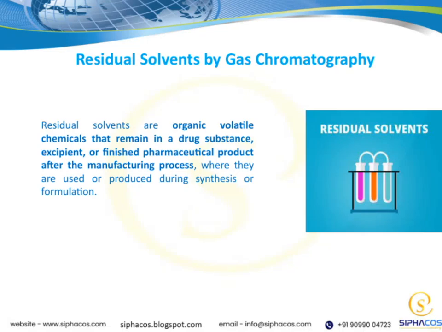Residual solvents are organic volatile chemicals that can be found in pharmaceutical products even after manufacturing. They either remain in the drug substance, excipients, or the final product itself. These solvents are used or produced during the synthesis or formulation processes, which means they can sometimes be left behind if not properly removed. In this slide, we're focusing on how we detect and analyze these residual solvents using gas